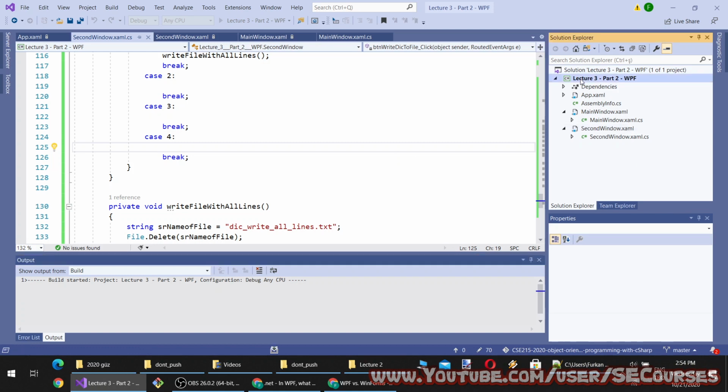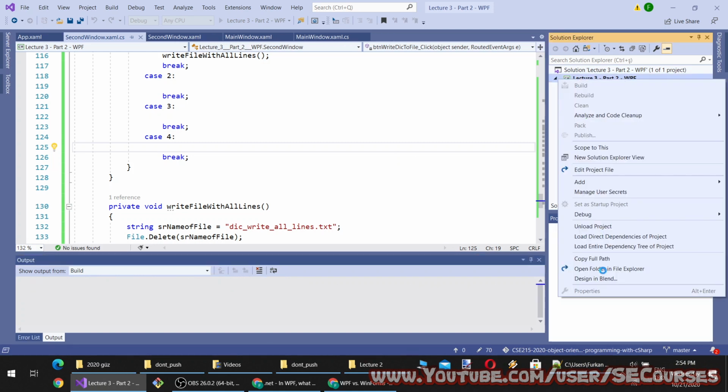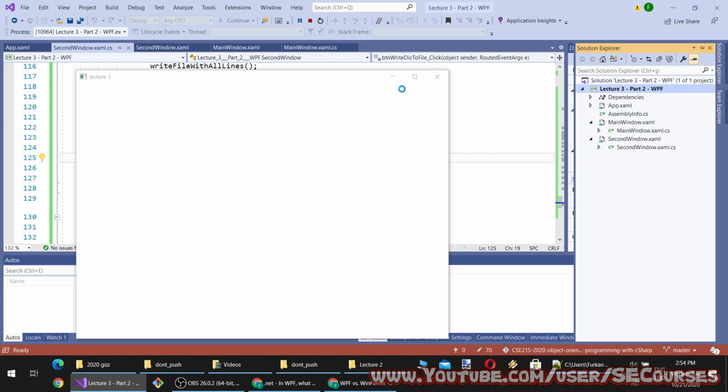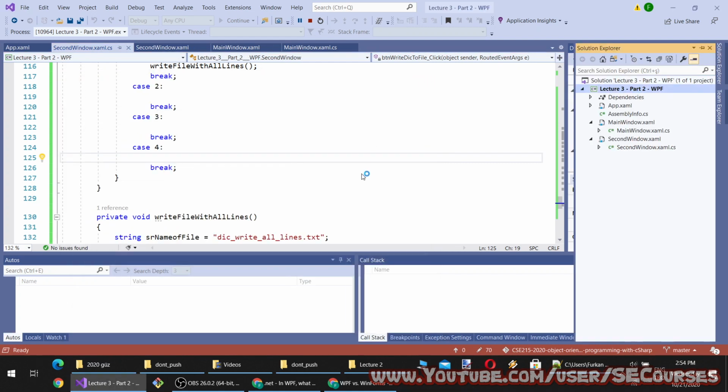I'm going to open the debug folder. Or I will make it even better.